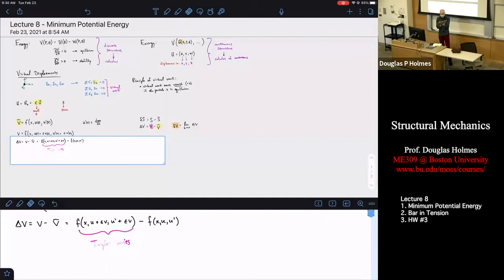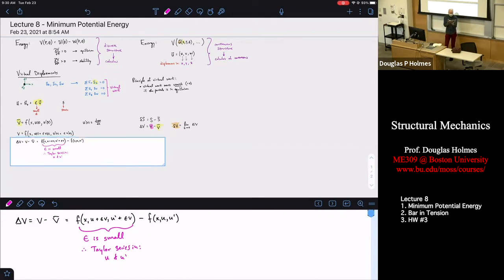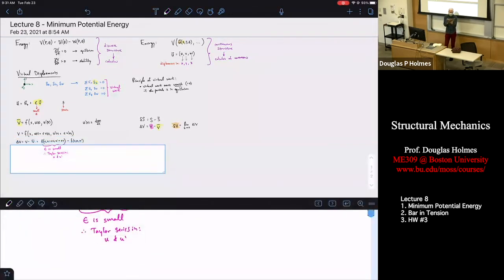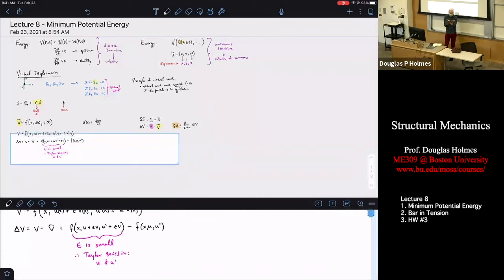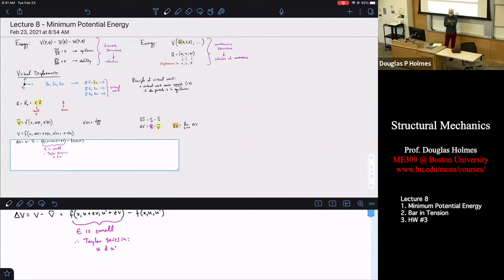Hold on, let me just write this down more clearly. Epsilon is small. Therefore, let's do a Taylor series in u and u prime. So if we want to do a Taylor series expansion in u and u prime, we did this last class. We would say that this whole thing is going to equal,